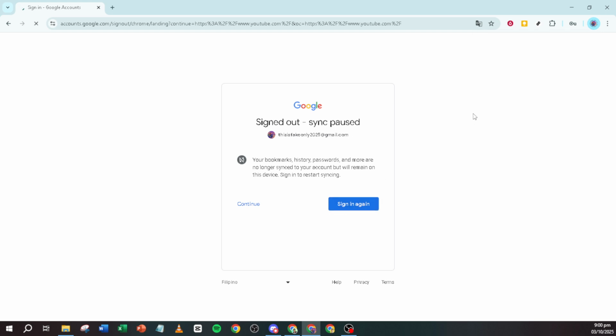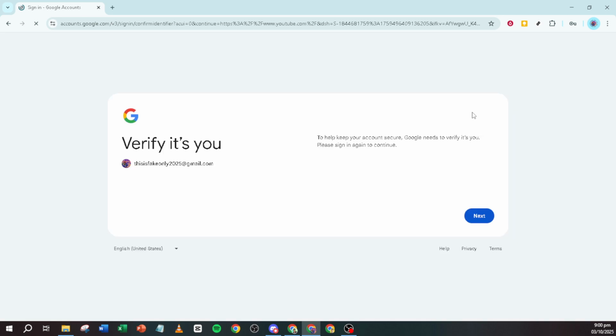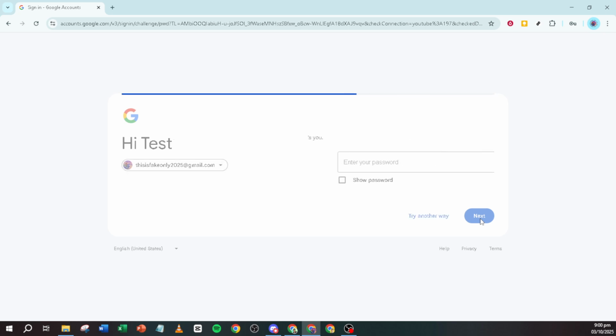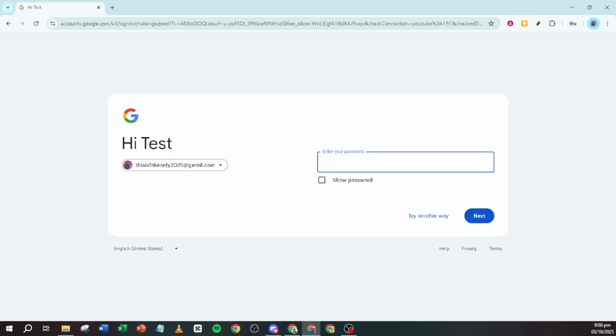This action reveals a list of all Google accounts that are still signed into YouTube on this device. Next to each account, you'll see a button labeled Remove from List. Find the specific account you wish to remove and click on this option. It's that simple. Once you've clicked Remove from List, the account will no longer appear as a quick option to sign into YouTube from this browser.